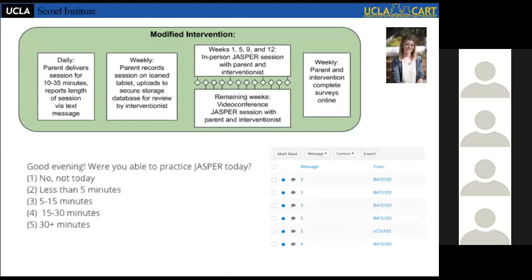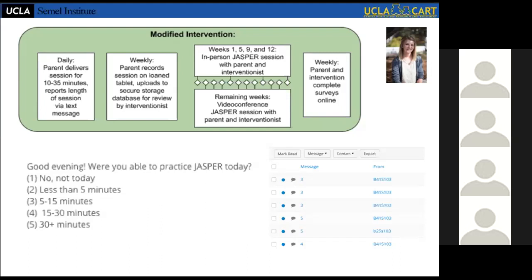And the bottom line is we went back to the drawing board and completely revised the intervention delivery to be remote. Where we essentially provided parents with iPads where they could learn the intervention in person once, and then they go home and they practice every day. They record sessions on the iPad. The session then gets